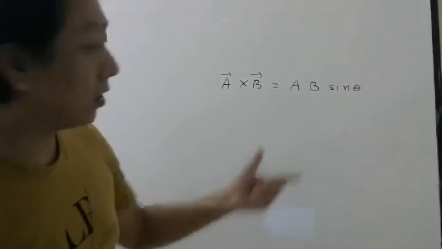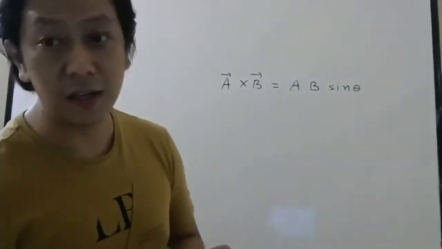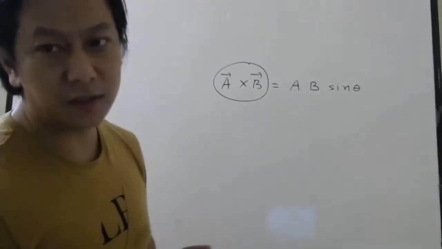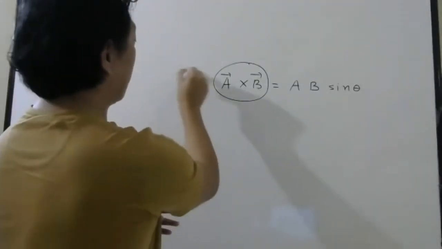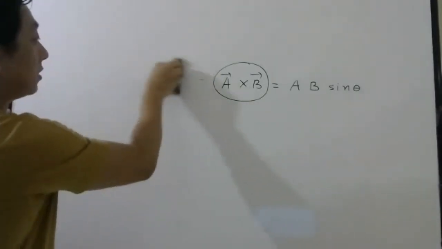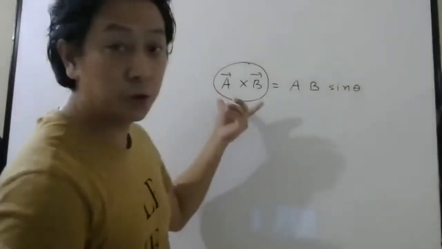Okay. So here you cannot stop. If you stop here, then it becomes a scalar quantity. But we want the cross product, this vector. Whatever this vector is, you can call it C bar if you want. No problem. So whatever this is should be a vector. This cross product should be a vector.